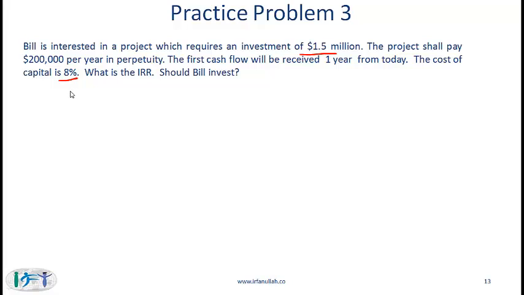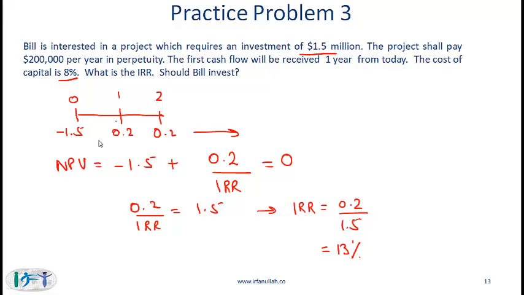this on your own. So here is what you need to do. The NPV for the project is equal to minus 1.5, and we are working in millions here, so that's the initial investment, plus at time 0 the present value of the future cash flows. What we are getting starting year 1 is a perpetuity of 0.2 million. The present value of this perpetuity is 0.2 divided by the rate,